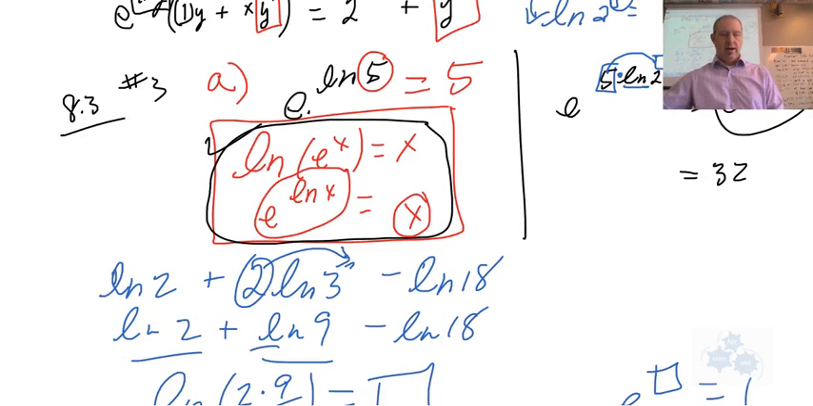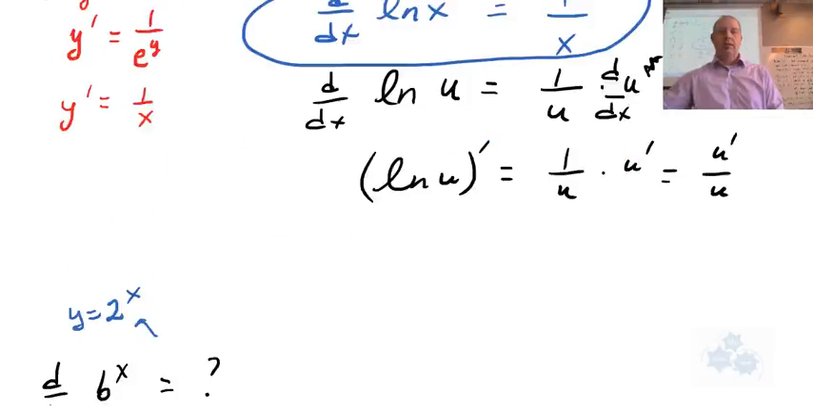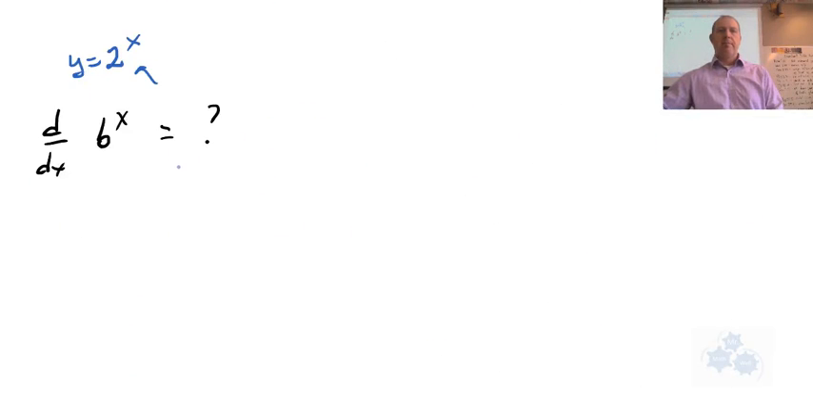Right here, e to the ln of x is x. Okay? So if you've got e to the power of log of x base e, it's x. So we're going to use this right here to rewrite this one right here. And we're going to write, so b to the power of x is going to be